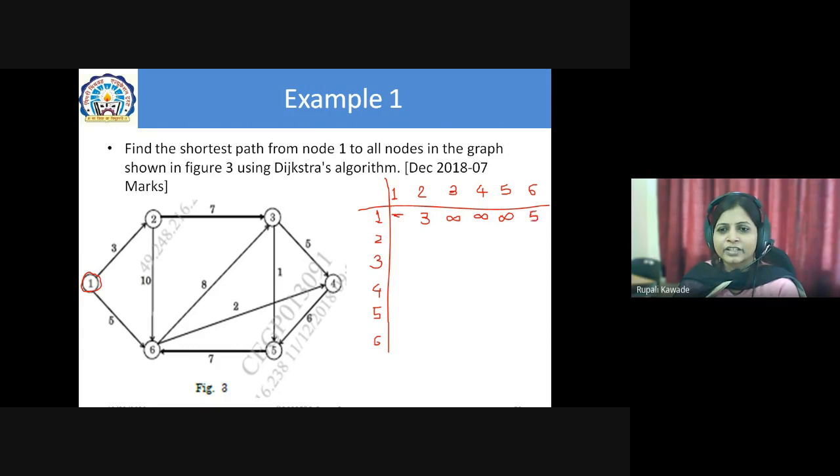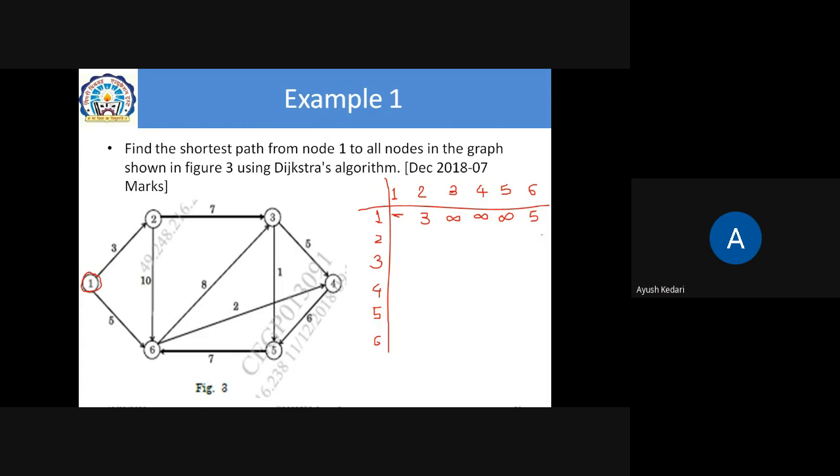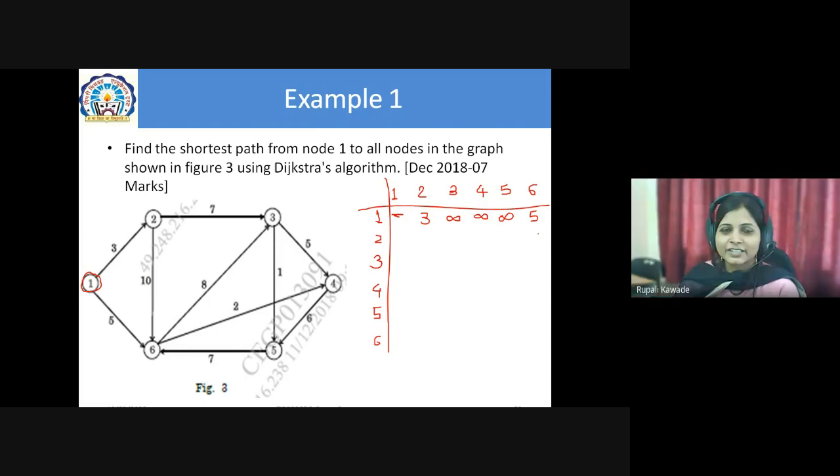Ma'am, are we using Prim's algorithm right now? Not yet, later. Prim's algorithm has the same kind of logic, but here we have to update the weights by adding particular values. We will see which vertices we have to choose. Same kind of logic is there.